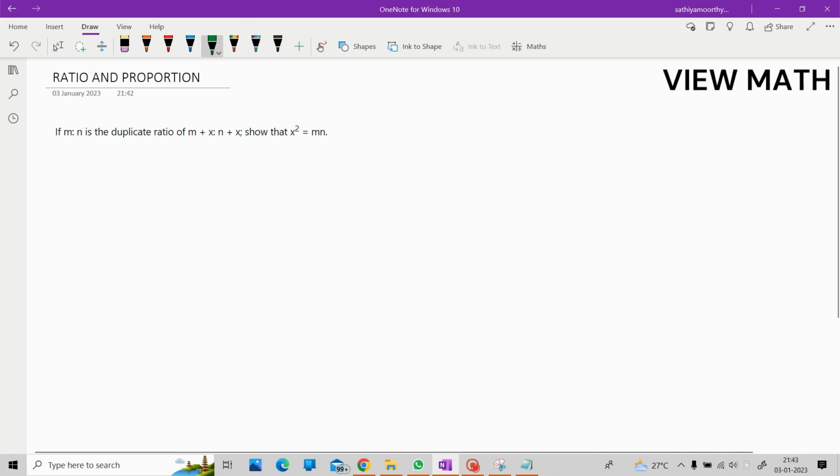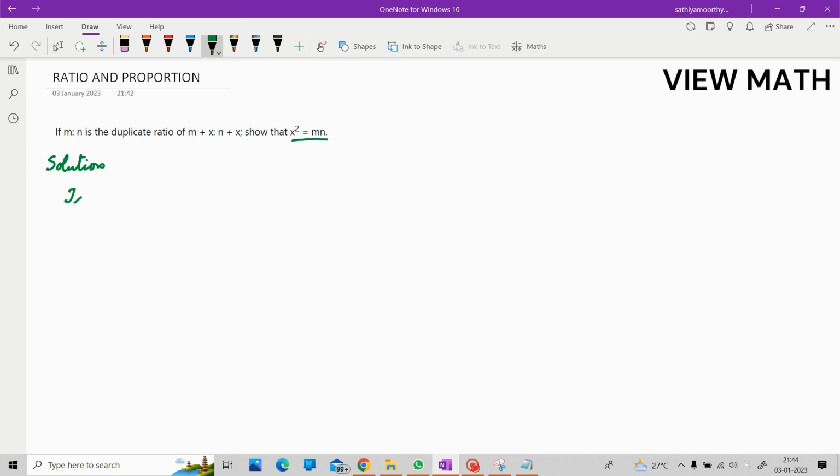If m : n is the duplicate ratio of (m + x) : (n + x), show that x square is equal to mn. Solution. What they have given is m : n is a duplicate ratio of (m + x) : (n + x). They are asking us to prove x square is equal to mn. We already know that the duplicate ratio